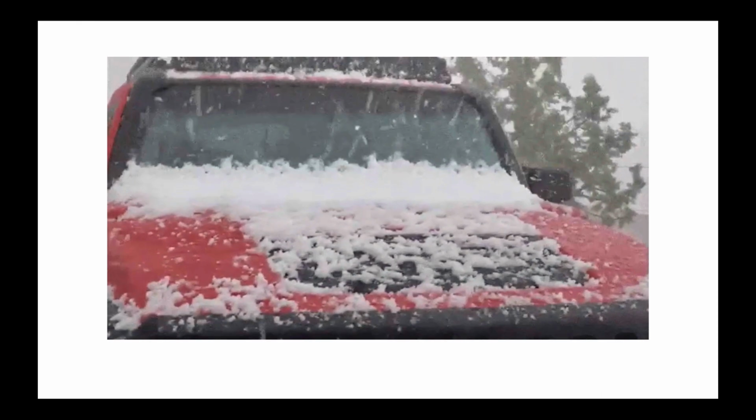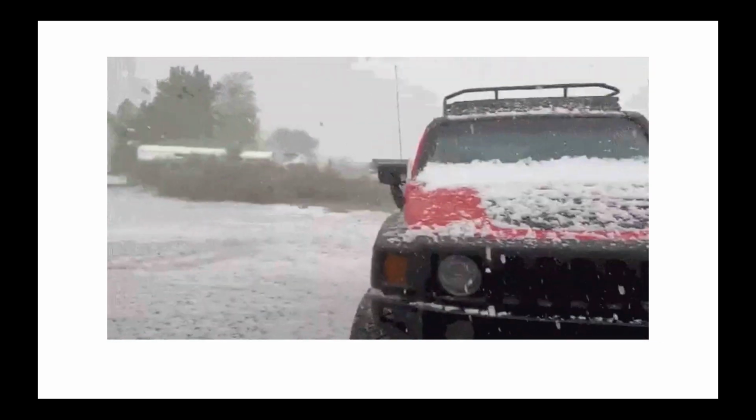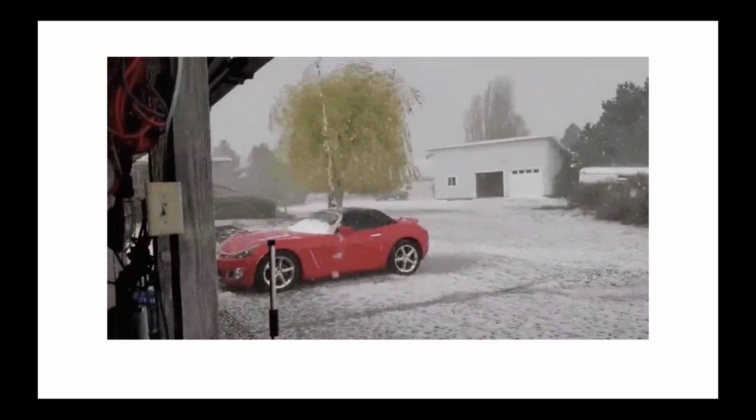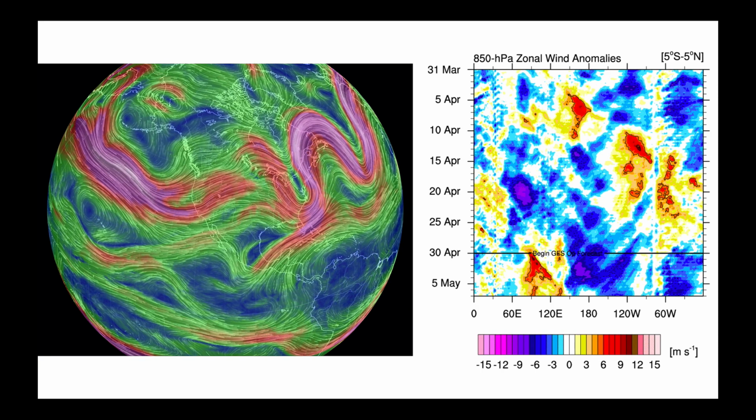But I did get a video here of what some of that hail looked like in eastern Oregon, and again, you can see a lot of pea-sized hail falling here, and it looked like snow, but some of these storms really packed a punch. Okay, as we move forward in this forecast, I want to first animate for you the upper level wind pattern.